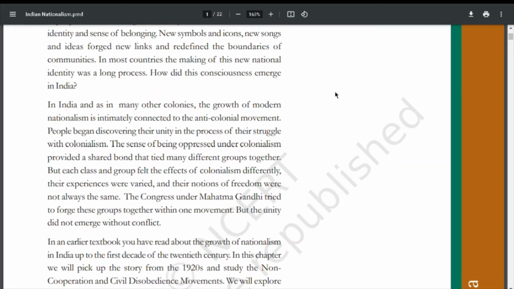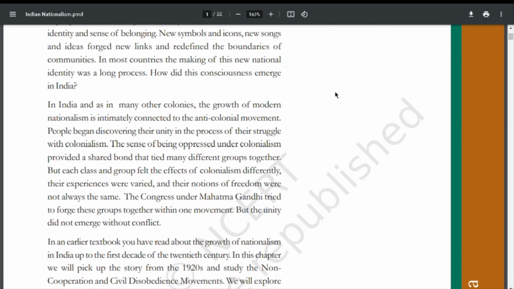In India, as in many other colonies, the growth of modern nationalism is intimately connected to the anti-colonial movement. People began discovering their unity in the process of their struggle with colonialism. The sense of being oppressed under colonialism provided a shared bond that tied many different groups together. But each class and group felt the effects of colonialism differently. Their experiences were varied, and their notions of freedom were not always the same. The Congress under Mahatma Gandhi tried to forge these groups together within one movement, but the unity did not emerge